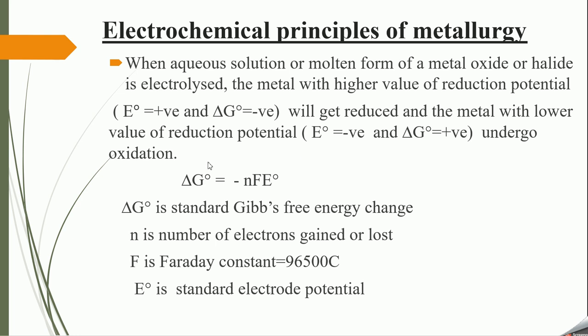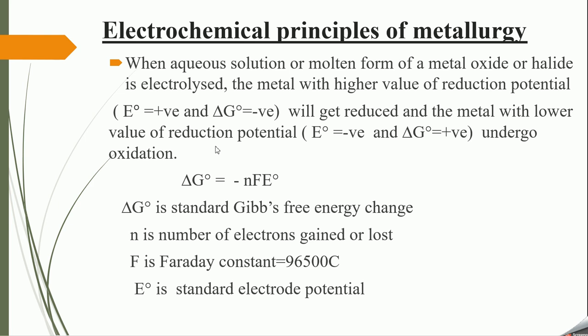So this is about electrochemical principles of metallurgy. It is also found that during electrolysis, metal ions are discharged or deposited at the cathode, because metal ions are positively charged and cathodes are negatively charged. Opposite charges attract each other. Hence, all metal ions produced during electrolysis are deposited at the cathode, and depending upon the nature of the metal, suitable electrodes